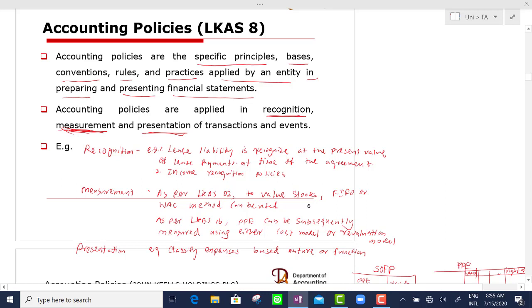And also, accounting policies may be developed by entities by looking at the industry related requirements. Say for example, in plantation companies, they may select or develop accounting policies suitable to their particular industry, the plantation industry. Of course, there are particular accounting standards focusing on that industry itself, but those accounting policies can be selected or developed by the entity as well. I will talk about it a little later, but I think that the basic knowledge on accounting policies is there. So let's go to the